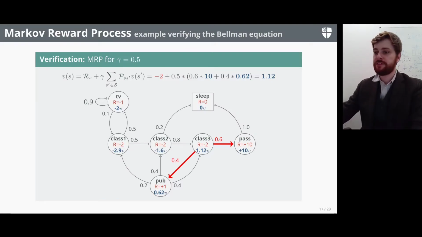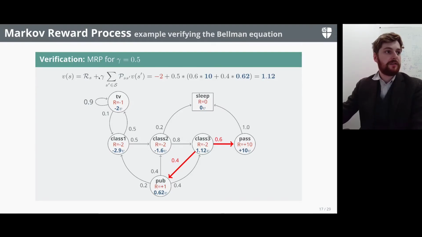So should we actually verify this? Let's verify this value function here. It's quite cool because we can actually estimate the value of a state far into the future just by its local conditions. So here, if we look at class 3, the value function 1.12 according to the Bellman equation,